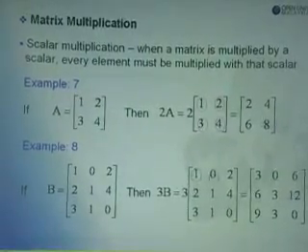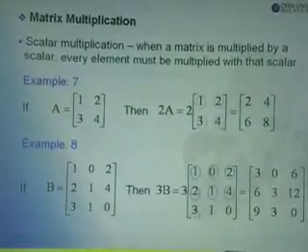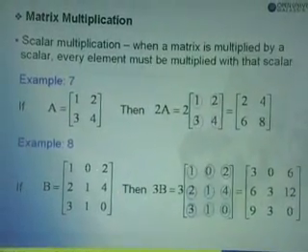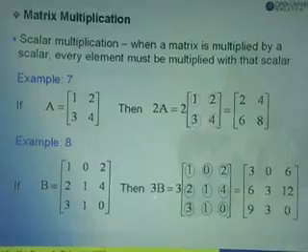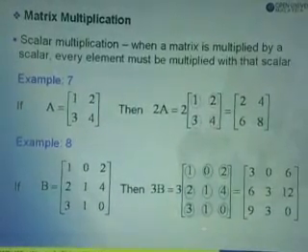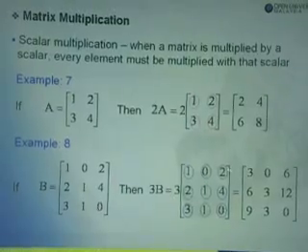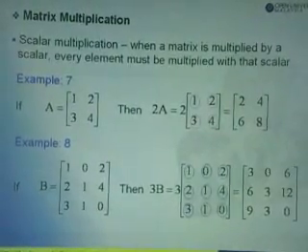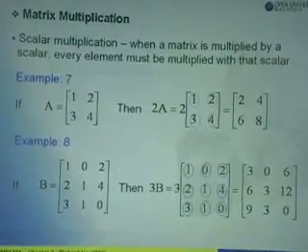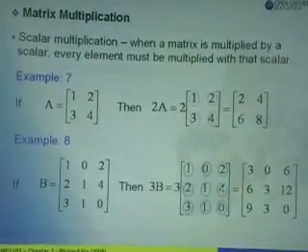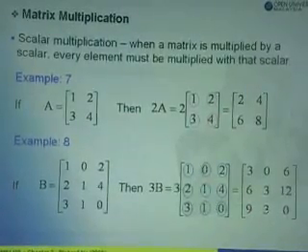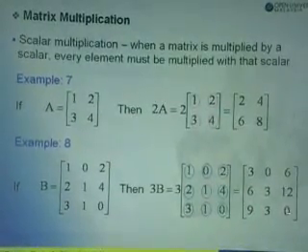In this example, we are asked to find the answer for 3B. So we are given the matrix B, which is a 3 by 3 matrix. So in order to find 3B, we take the scalar 3, multiply by all the elements in the matrix B. So 3 times 1 will give us 3. 3 times 0 equals 0. 3 times 2 equals 6. 3 times 2 equals 6. 3 times 1 equals 3. 3 times 4 equals 12. 3 times 3 equals 9, 3 times 1 equals 3, and finally 3 times 0 equals to